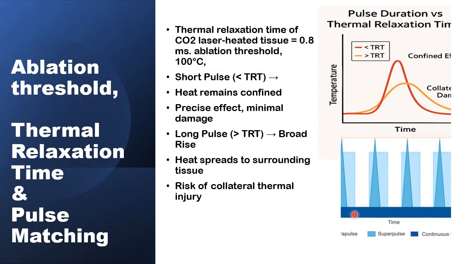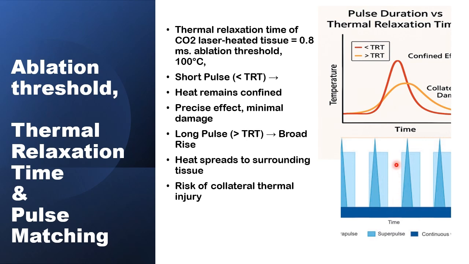In a continuous mode for the laser, the intensity of the beam is quite low. It may not reach the ablation threshold quickly, and there is a lot of dissipation into the surrounding tissue and collateral damage. In the super pulse mode, the cone shaped, and in the ultra pulse mode, the rectangular shaped, the threshold is reached very quickly, more quickly in the ultra mode, of course, because it's almost vertical. And this would cause the cutting or the ablation,